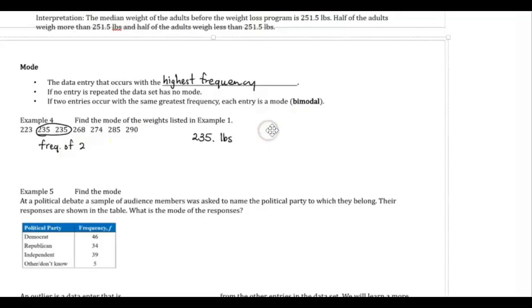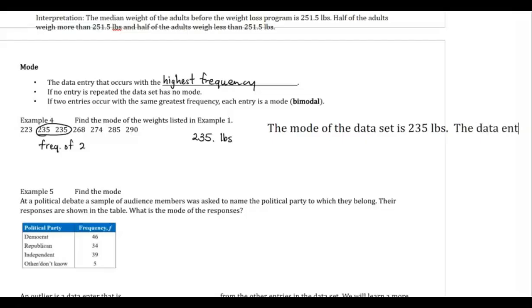So I could write a sentence to interpret that. I could say the mode of the data set is 235 pounds. That is not an interpretation. That is just simply a fact. Reading that does not really tell me anything about the data set, except that the variable is measured in pounds. But I'm going to go on to say the data entry